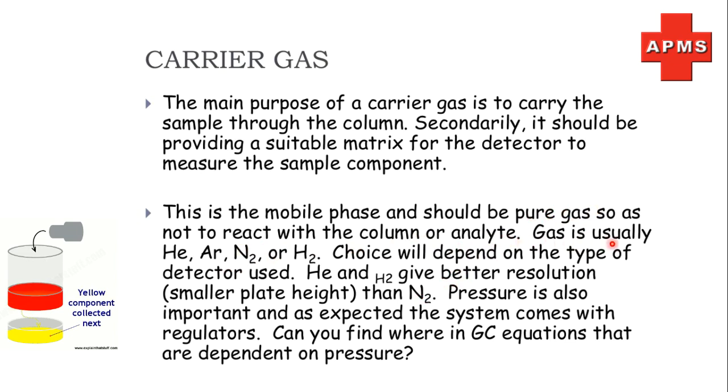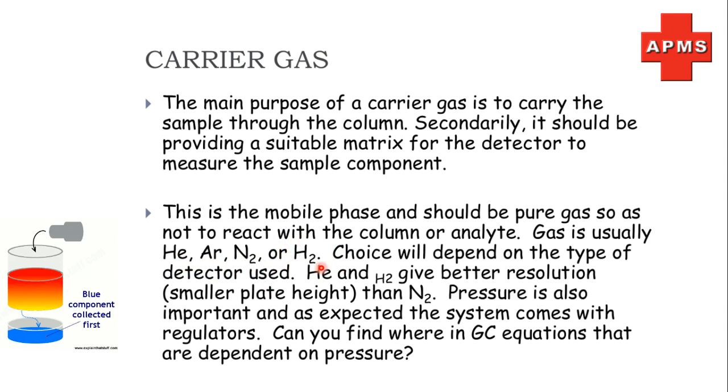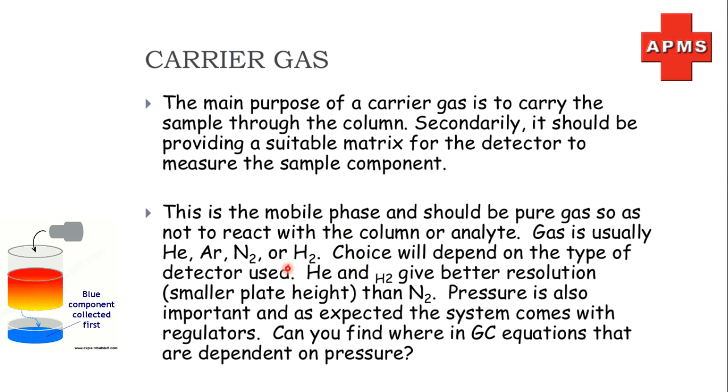Some inert gases are usually chosen, such as helium, argon, nitrogen or hydrogen. These are inert gases, and hydrogen itself works as an inert gas in the absence of oxygen. Oxygen should not be present, meaning these gases should be in their pure form. In pure form, H2 gas may not react with these types of components. So depending on the nature of the sample we choose the carrier gas.